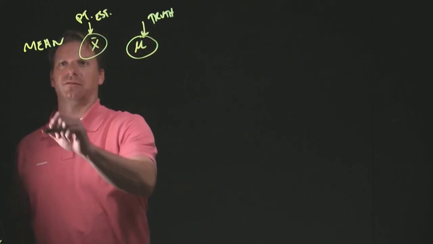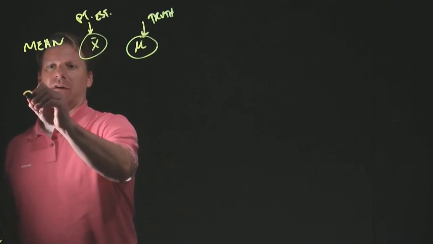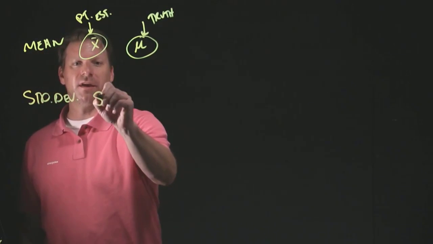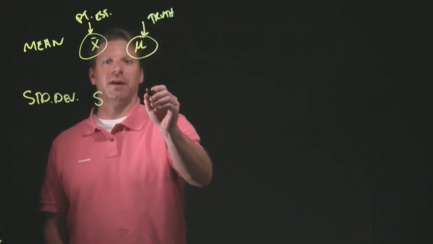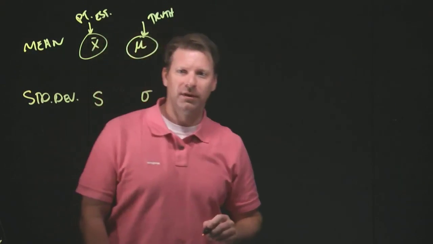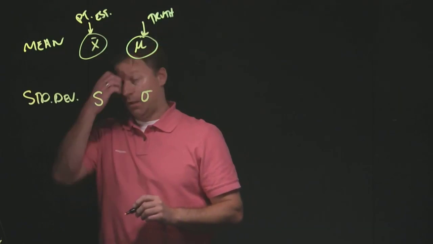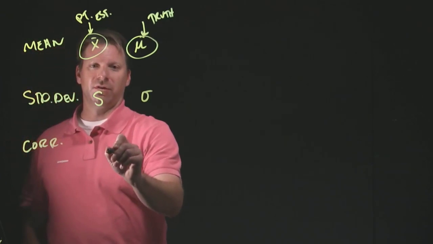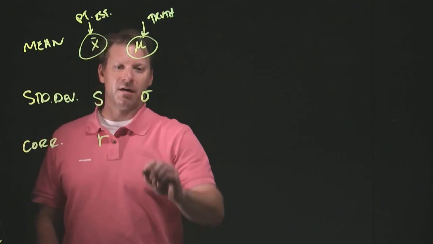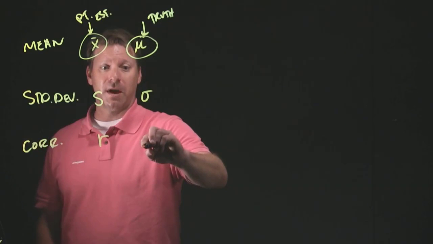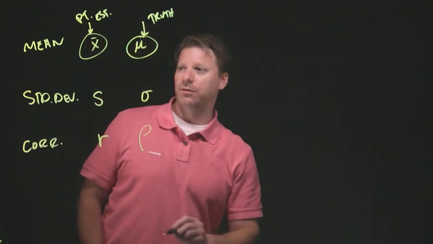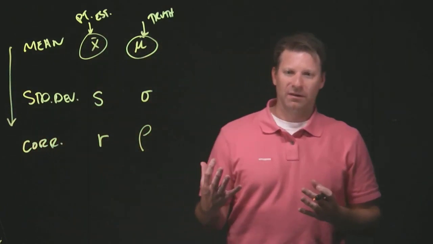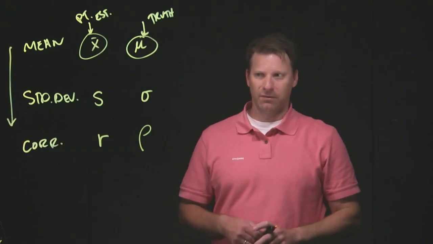Now, bear in mind, this is true for many types of different variables. We could also look at a standard deviation calculation, and we show that as a point estimate. It's a lowercase s. When we show that as the truth, the whole thing, we show that as a funny looking u or mu. Eventually, we will look at things like correlation. When we show that as a point estimate, we can look at that as r. We show that as a population parameter, we could look at that as rho. So there's a series of different types of variables for which we could talk about this difference between a point estimate and a confidence interval.